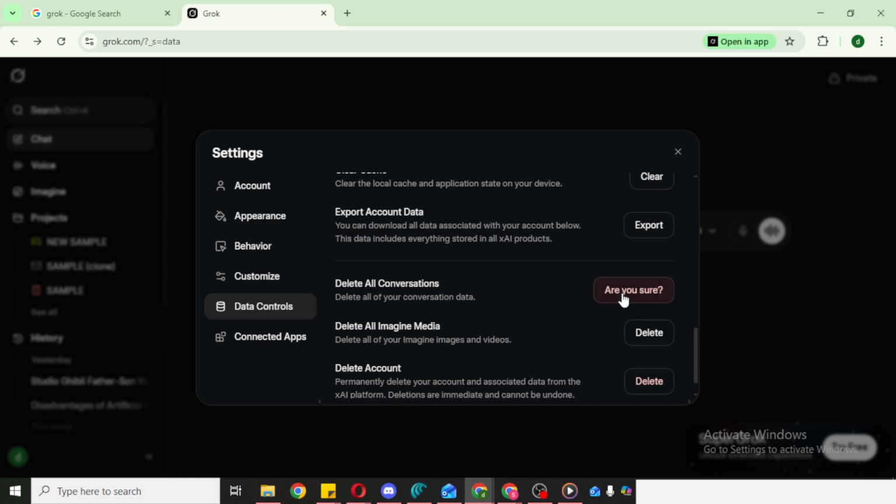Finally, confirm the deletion. A confirmation window will appear asking you to verify that you understand this action is permanent. Follow the prompt, whether it's clicking confirm or typing a short confirmation,